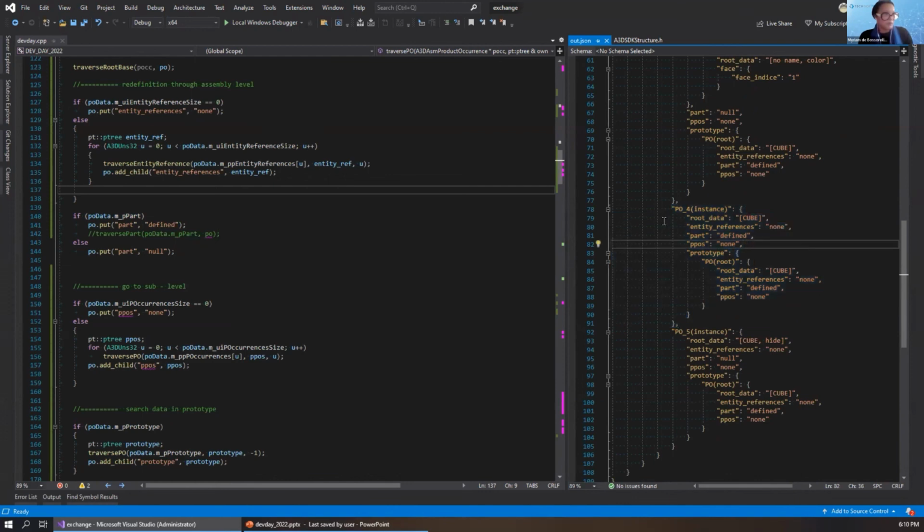Actually, you can see here at the instance level that the part definition is defined. It wasn't the case for other instances. So that means that this instance will not go through the prototype to get a part and a list of body, but have a part definition defined at its level, and the geometry corresponding to these instances is defined here. So that's how we could have multiple representations for the same part.